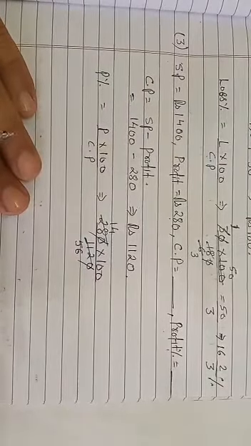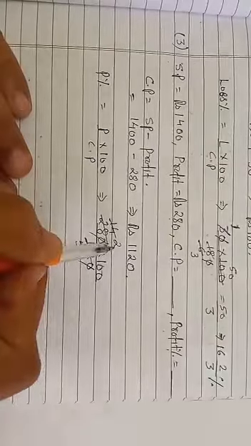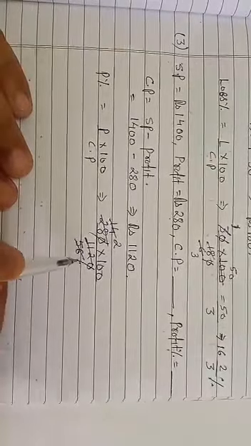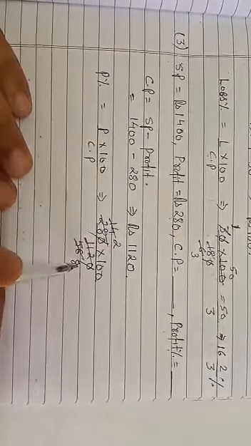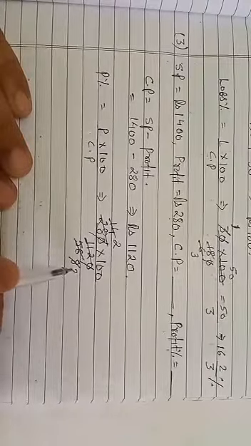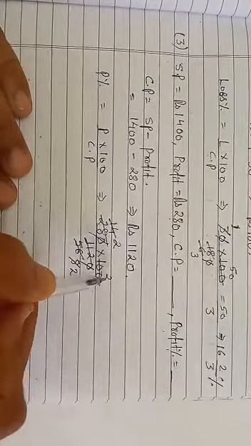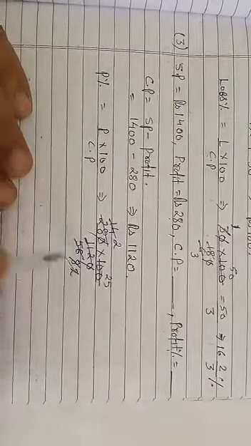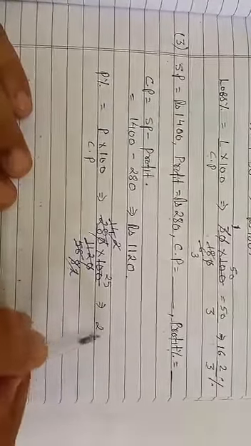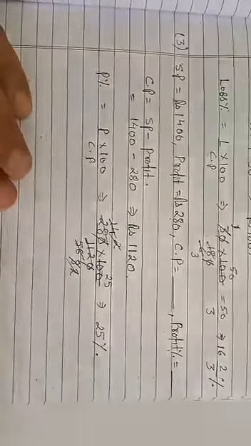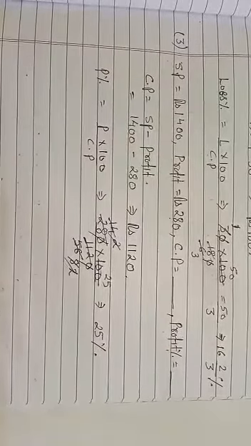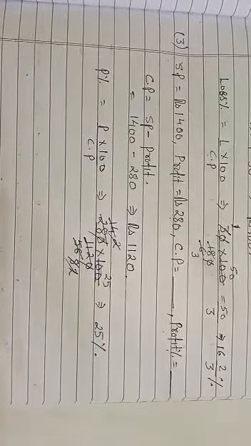Now with the table of 7. 7 2s are 14, 7 8s are 56. Now with the table of 4. 4 2s are 8, 4 25s are 100. Cancel this 2 and 2. Then how much is left? 25%. Question number 4 and 5 is your homework. You try to do it.